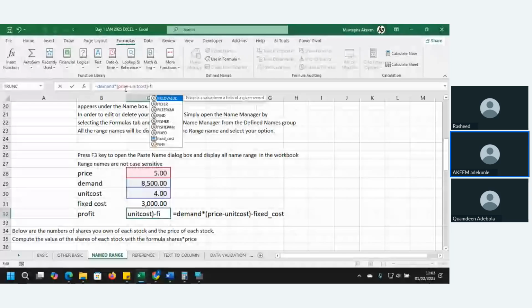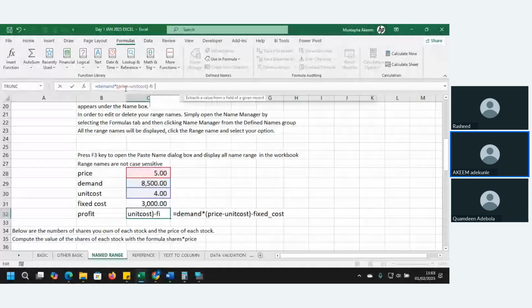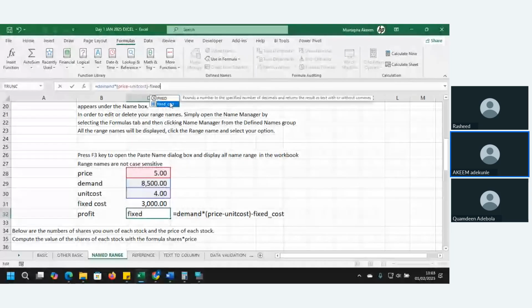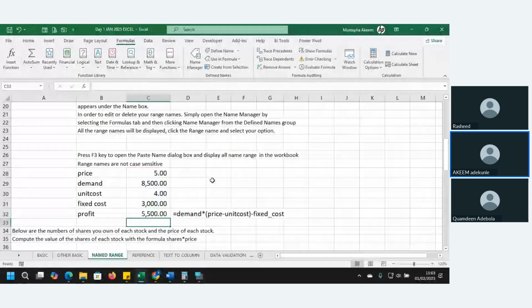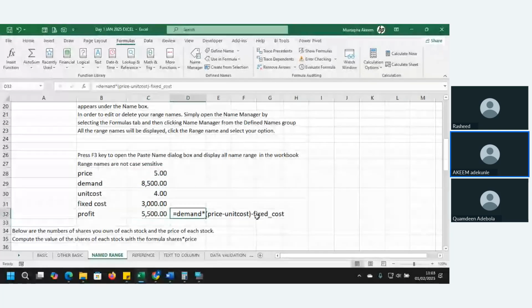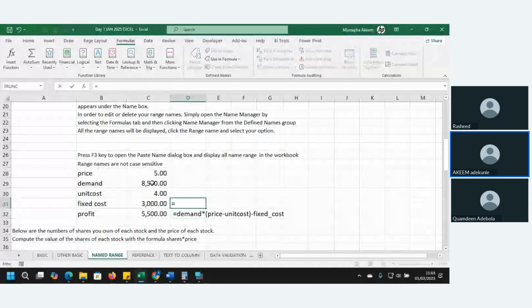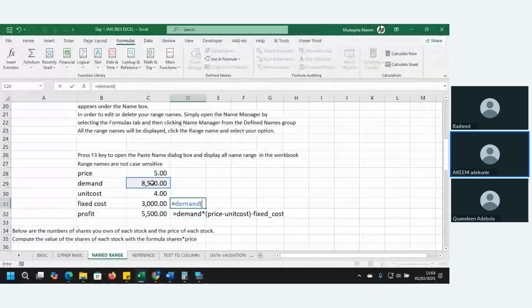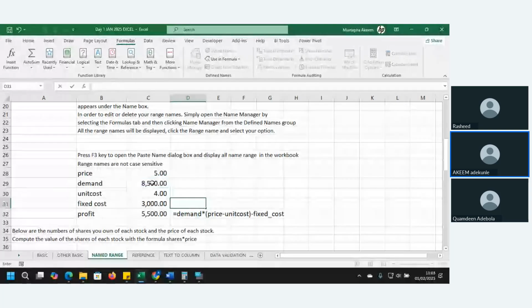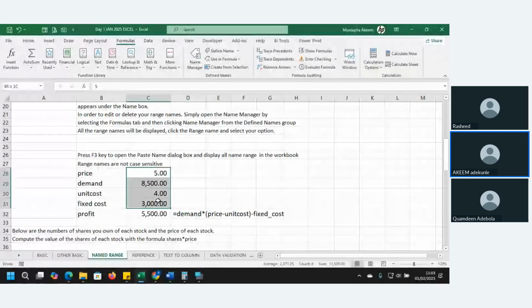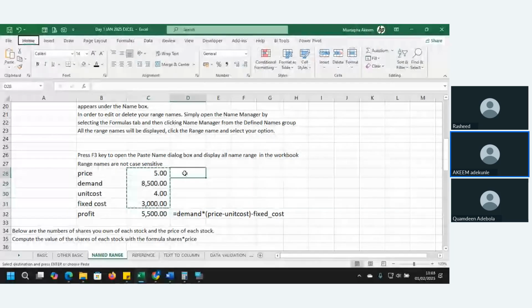You can see that it's easy for me to pick. Now, another advantage of this is that somebody has this formula and somebody has this other formula. Let me copy this with Control C. I want to use the formula here.